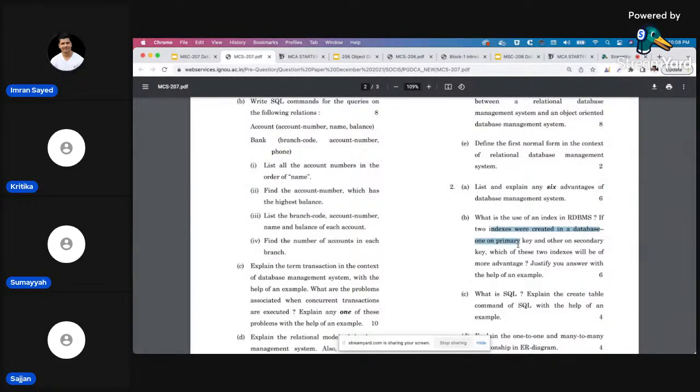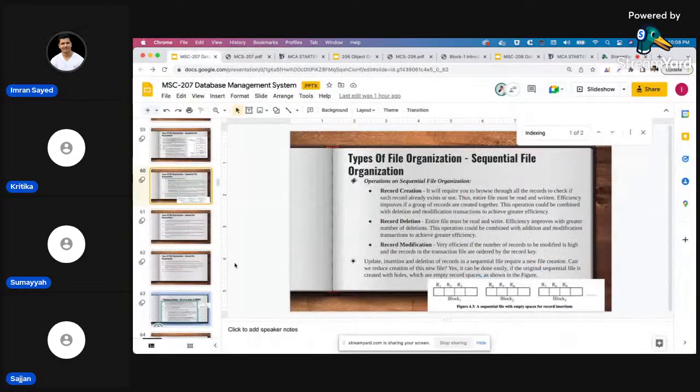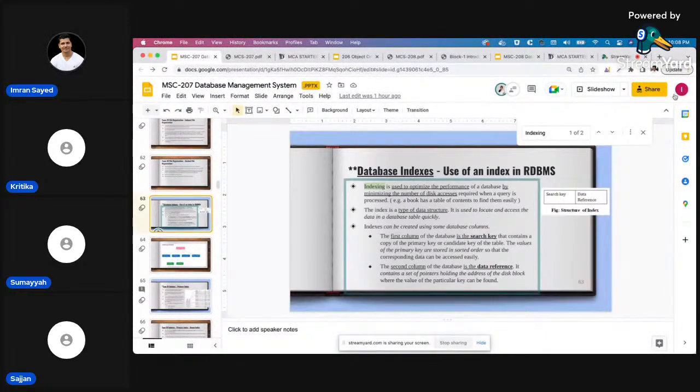Okay, index talks about primary index and secondary index. This example is the most difficult one to give. So much of calculation going on there. Anyways,